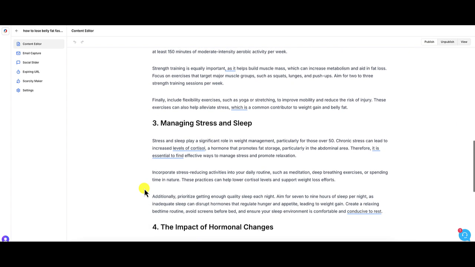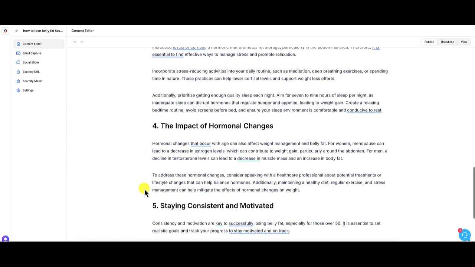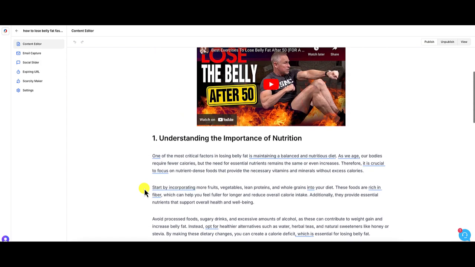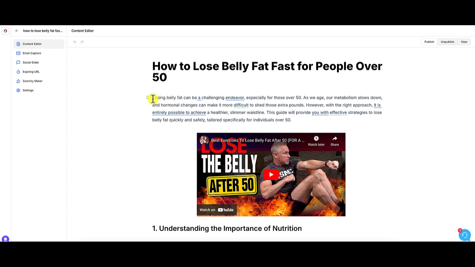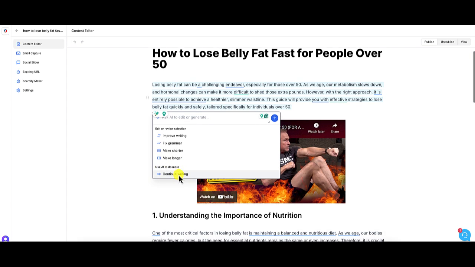You're going to add your own voice in here, and you can change whatever you want. So for instance, if I wanted to add in a little bit of humor to this paragraph right here, if I highlight this, I can ask AI to do that for me. I can ask it to improve the writing, fix the grammar, make it shorter, make it longer. I can continue writing if I want to, but I like it to be short. And I'm going to just say,